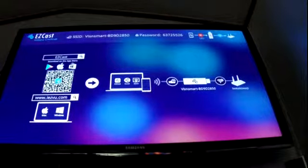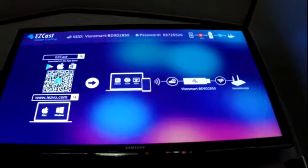Taking a look at the Vsmart EZCast wireless dongle. It's sort of similar to a Chromecast device. I've already got the app installed on my tablet, and you have a little bit of a weird angle. I'm sorry about that. It's about the best I could do as far as getting the camera to